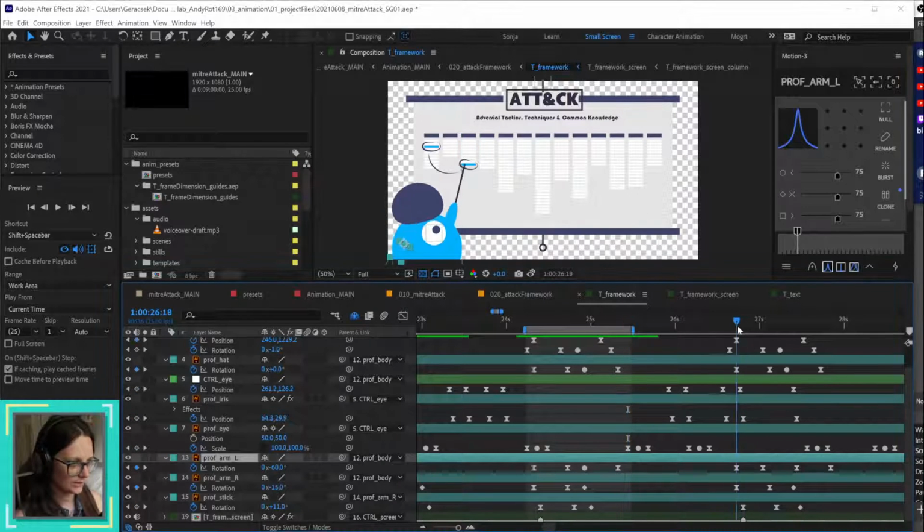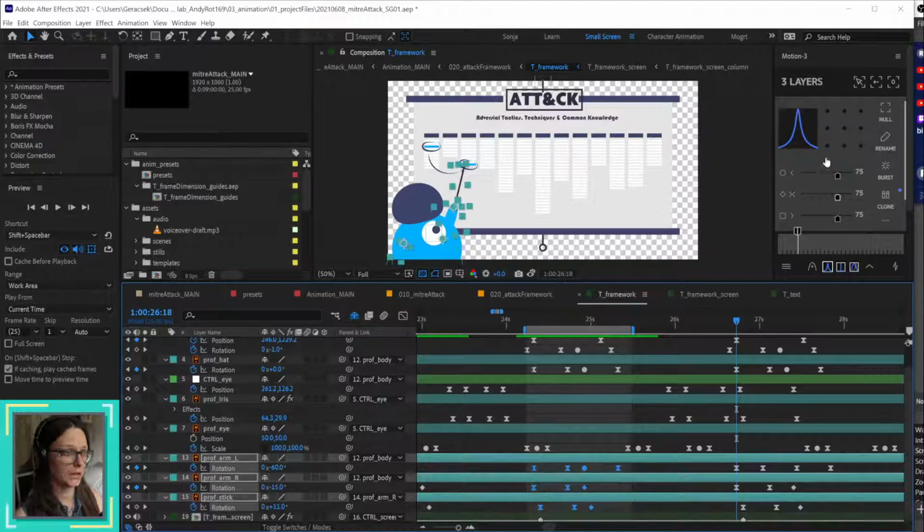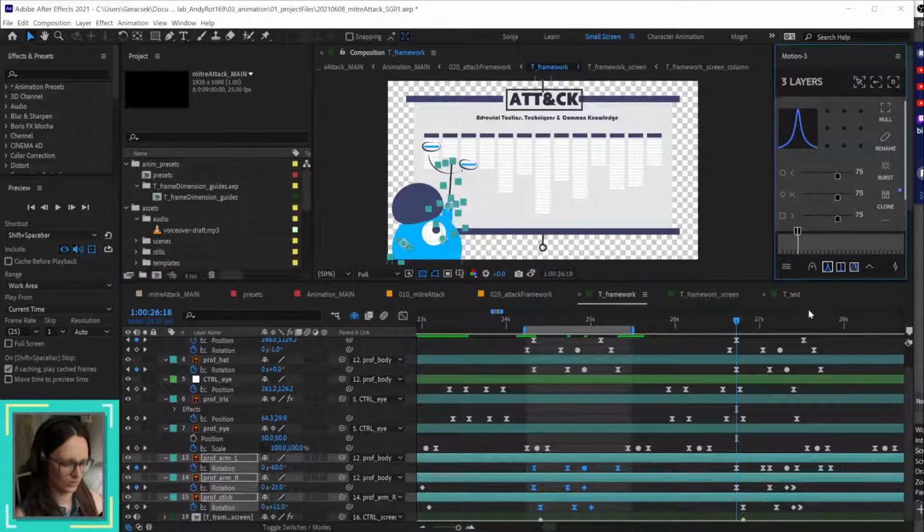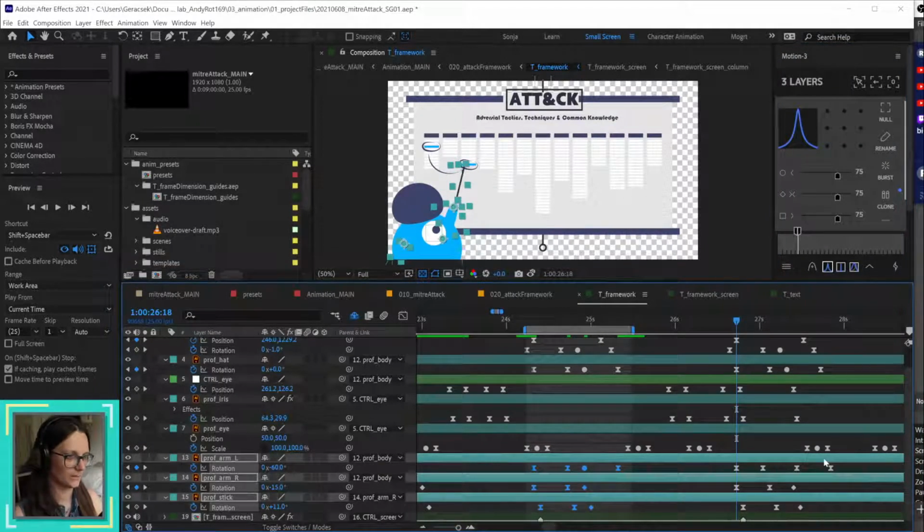Okay, so next set of layers is this one, and what I can do now, I'm going to use a plugin. It is a paid plugin. I'm not sponsored by this company at all. It's just a plugin that I use, and with this plugin I can use the clone button, and it clones the keyframes that I have highlighted and pastes them on the respective layers, which is not possible with